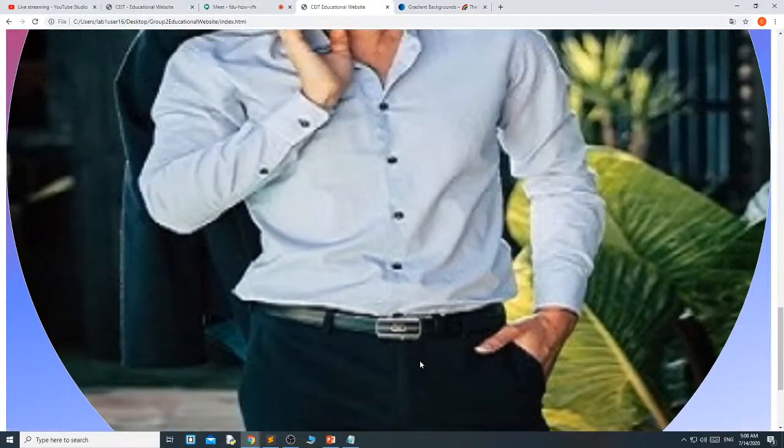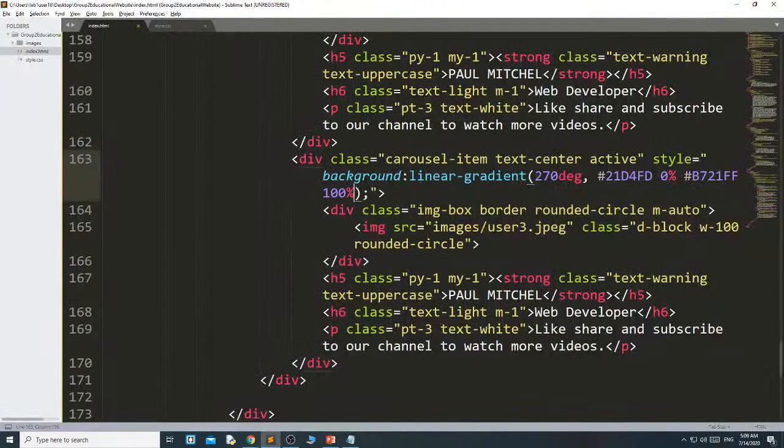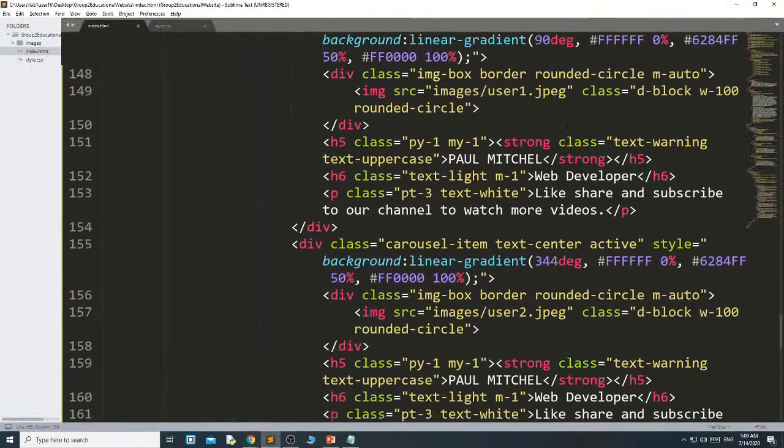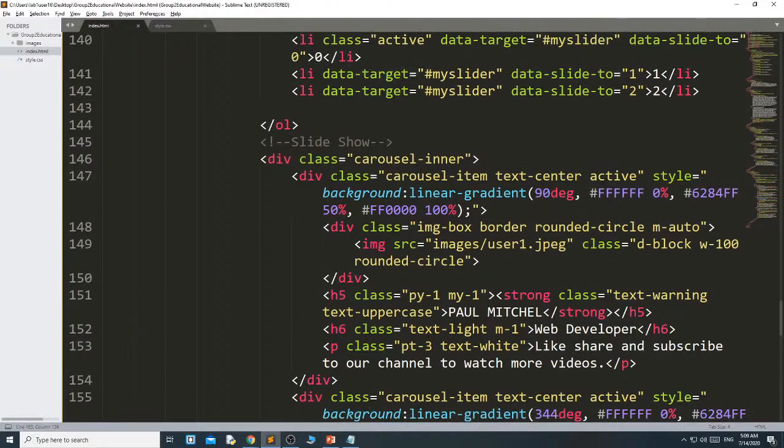Now we get the 3 items, but just see that we are not getting the 3 items here. Why? Because we made all the items active. Remember that you have to make only one item active, not all the items active. If you make all the items active, then you can see only the last one and it will not slide.